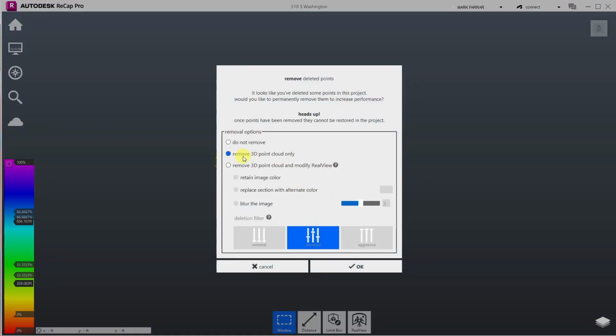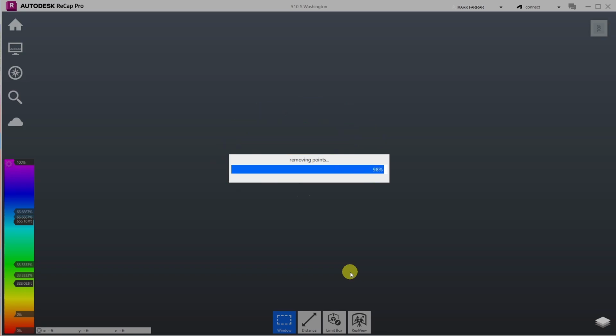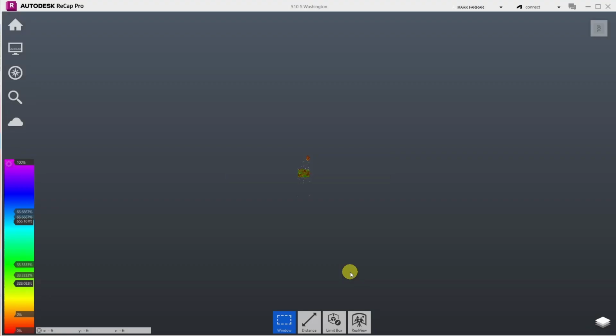When you hit save, it's going to remove 3D points in the point cloud. You can remove your real view, which are those bubbles, all the little interior views, and I'll show you one of those here quickly. And here's a real view thing down here. But I don't want to get rid of those, so I just want to get rid of these 3D point cloud only and say OK. Now, the first time it does it, you're getting rid of a lot of points. So it's not long, but it takes a minute or so, or 30 seconds, to cruise through this and get rid of those points. But from then on, you're actually working with such a much smaller file that it just starts to go very